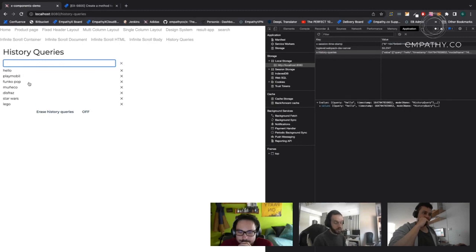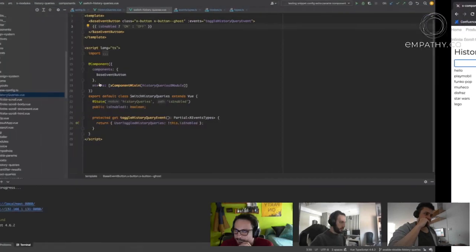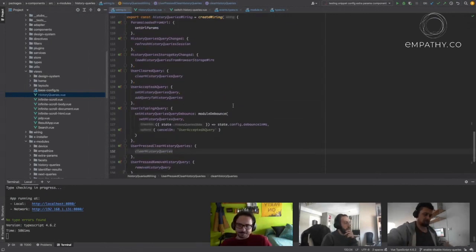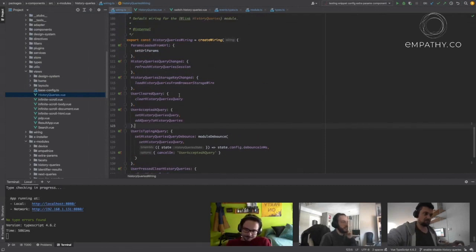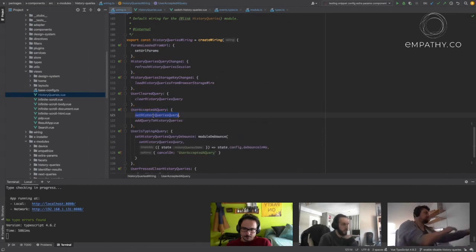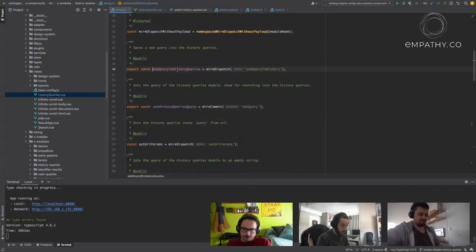So I need to look for that, and I need to change that. So let's go back to the code. And let's take a look, for example, at the wiring. Even if I don't understand really what's going on here in the wiring, I can read it. And I can say, okay, if the user accepts the query, usually I'm provided with new history queries. So maybe one of these two actions or mutations is going to do what I'm looking for. In this case, it's going to be this add query to history queries,